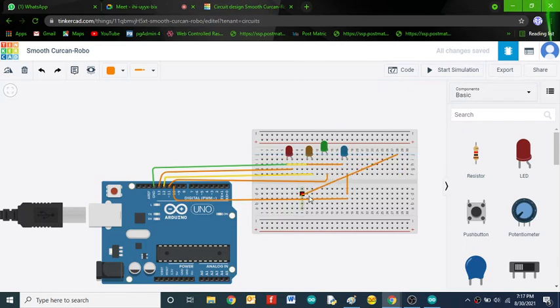Okay, so just make it in the same color. So these all are ground. These are the ground connections.